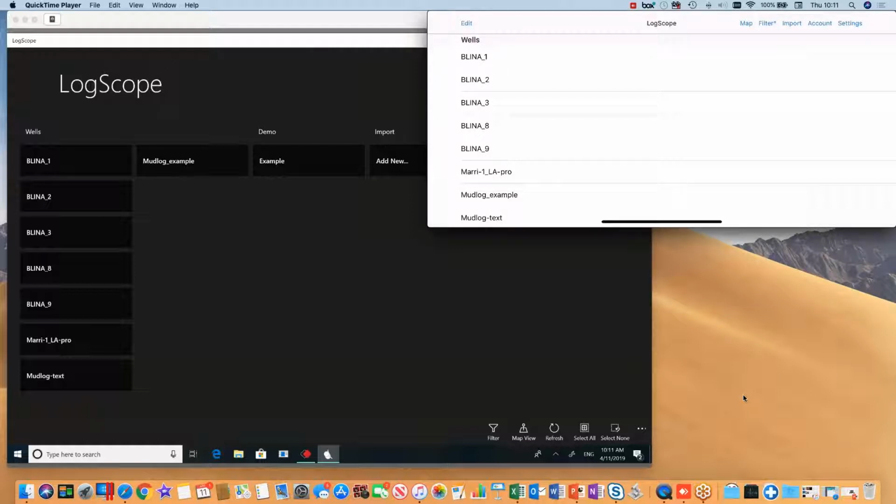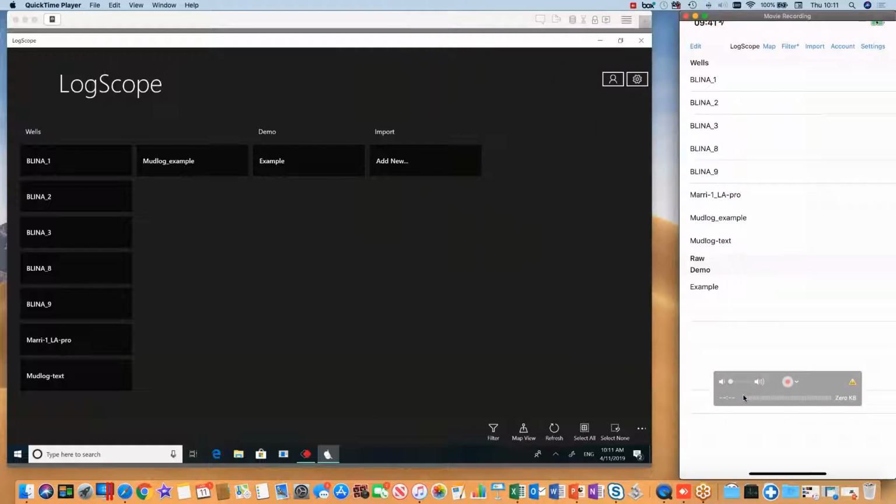So on both of these, we've got exactly the same wells. I'm going to go back to the portrait mode, and I'm just going to put the iPad and the iPhone to the side for a minute,